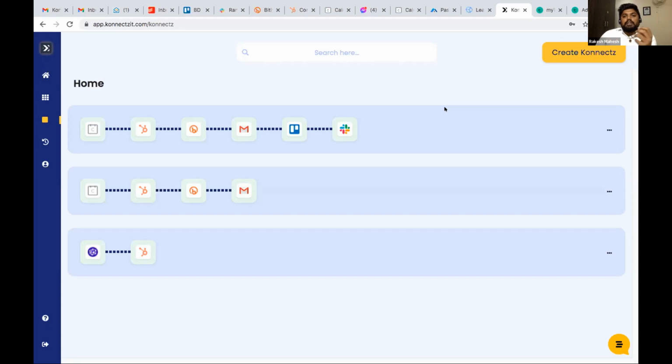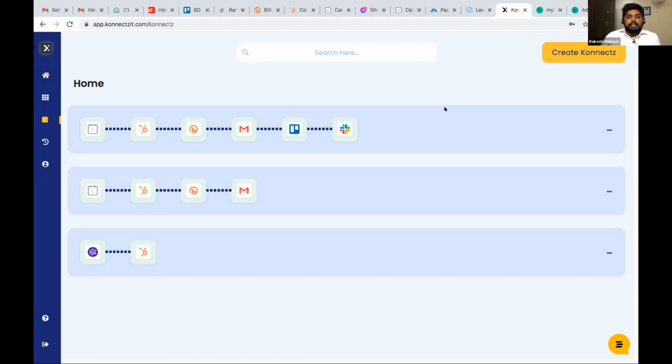Of course, the most used apps will be the same in all our competitors. But in terms of user interface, ease of use is one of our USPs. The second thing we are targeting is deeper integration, which, because we are just new to the market, people will definitely understand later on.